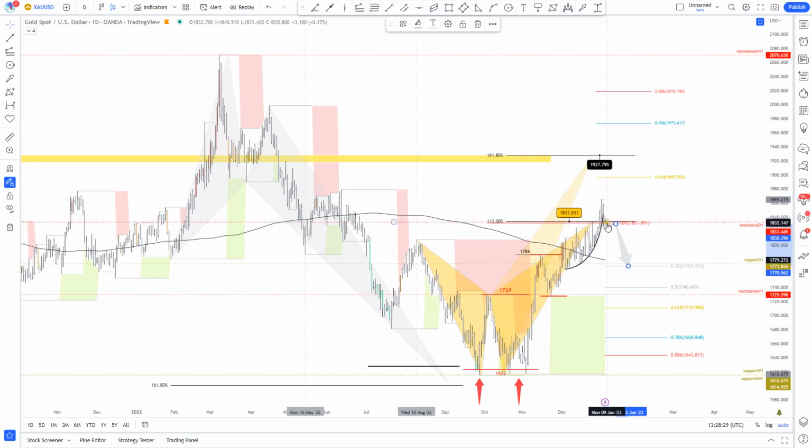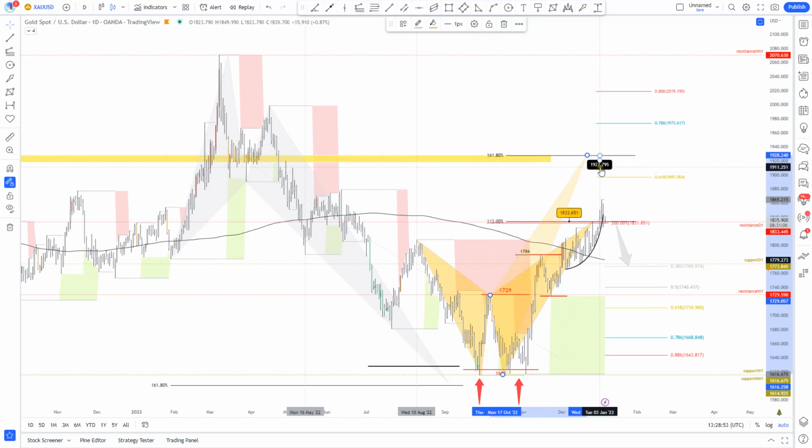If the price finds support right here, so the previous structure resistance acts as a support, and if the price starts to bounce from this price zone again, I will not ignore the potential move to the upside,